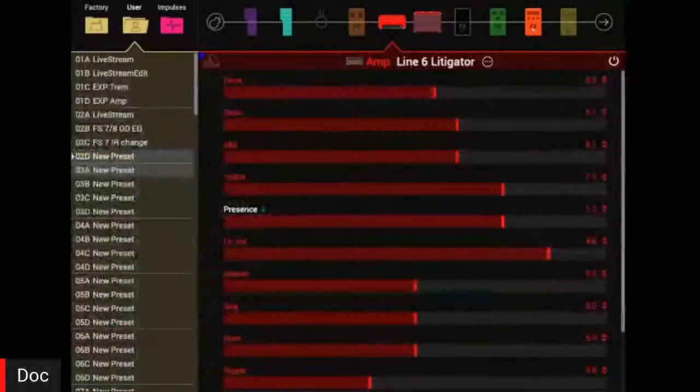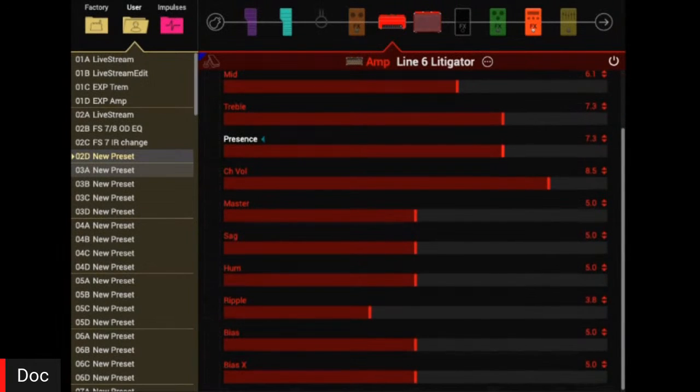So let's head back to the editor, just see how this affects our tone real quick here. Scroll down a bit so we can pull up our sag. All right, so now it's set right in the middle, and as we've been hearing, fairly tight tone, straight up the middle there. Let's see what happens as we come up on the sag. So I'm just going to play a few chords once again. If we turn our sag to 10 now,